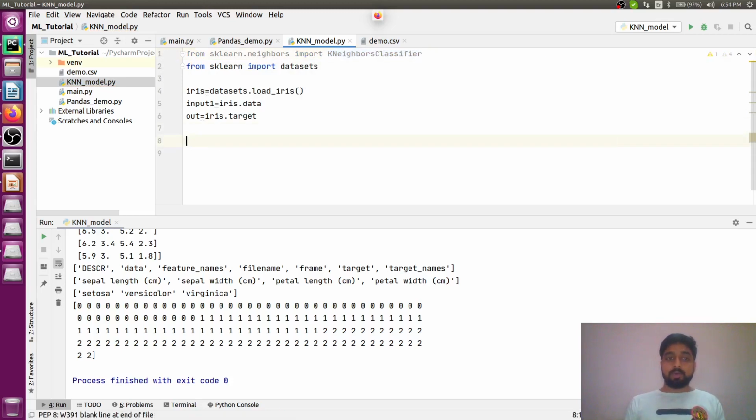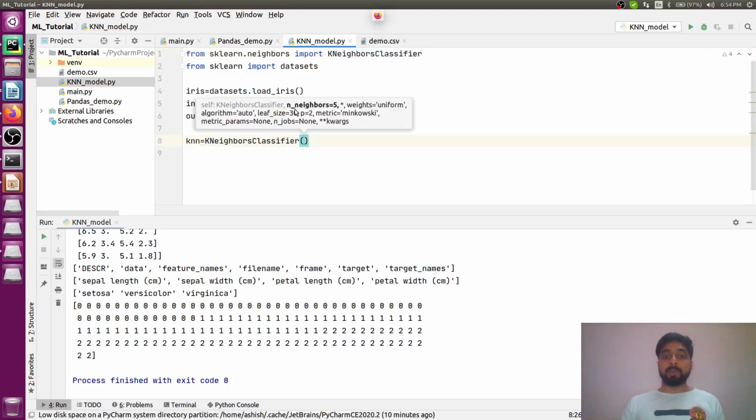And for that, now I will be creating my model. So knn equal to, and for creating a model I will be calling the class which I just imported. Just call it over here, open the brackets, and inside this bracket you have to pass the value for the number of neighbors that you will set, because as I explained while explaining the working of your knn model, you have a number of neighbors that you have to set, based on which it is classifying whether this value will be categorized in the first class or into the second class.